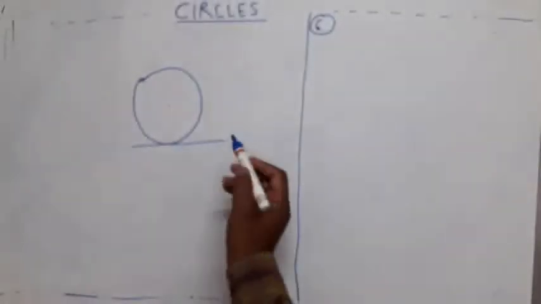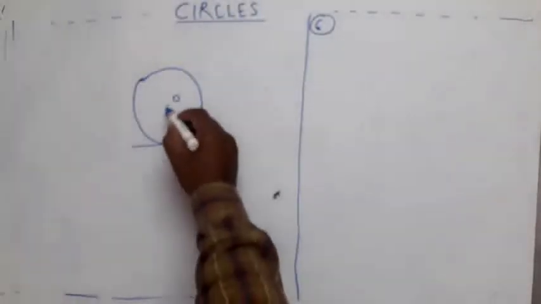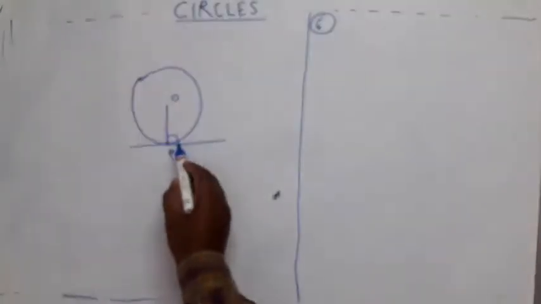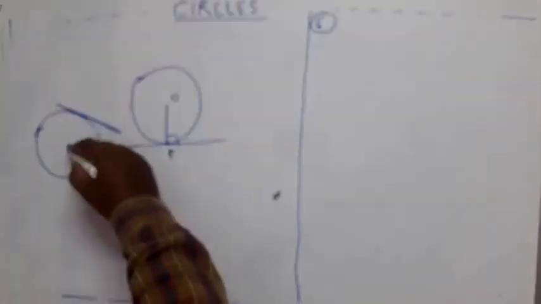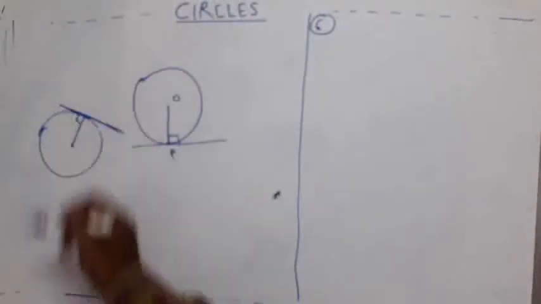See, let us say this is a circle. Let us say this is the center. You join the center. Let us say this is a tangent. Let us say this is point P. Join the center to P. Can you guess anything about the angle between these two lines? Let us say this is a tangent to this circle. Center. Join this. Can you guess? About this angle, magnitude? Yes, you are right. That is 90 degrees.